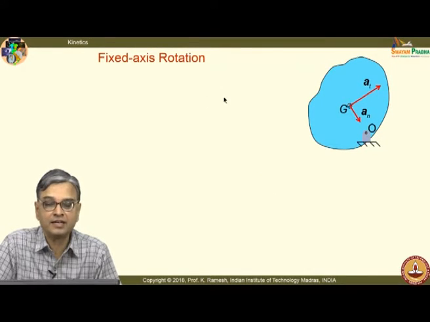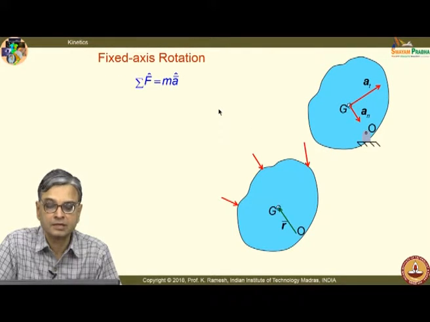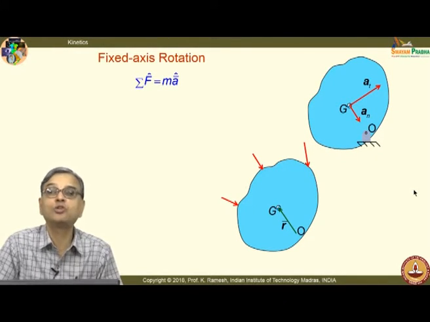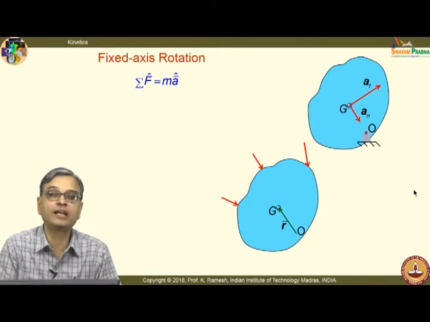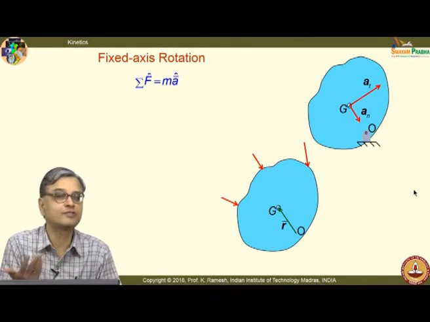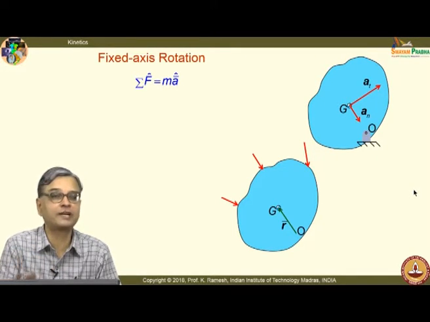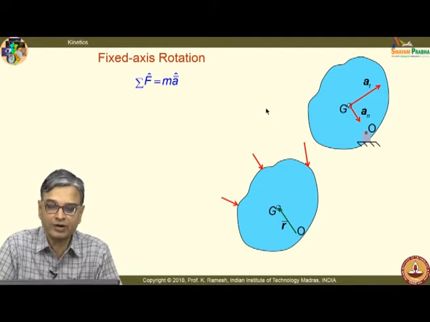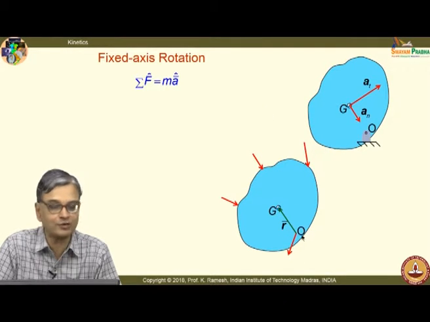And you have the fixed axis rotation. I have an axis fixed and this is rotating about this. So, I have F equal to ma, and if I remove this pin, you have to remember how you idealize a pin joint. Pin joint can support forces in 2 directions. Okay. That means you put the components in 2 directions, I have an arbitrary force. You have to recognize that. You should not forget how you idealize a pin joint. So, I will have an arbitrary force acting at the pin joint.